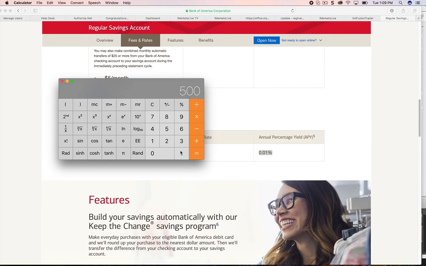So let's say you have $500 in your savings account. People get excited because they're saving money, which is great. But on that $500, if you only manage to save $500, you're only going to make $5 a year on that. So in order for you to really make a lot of money,